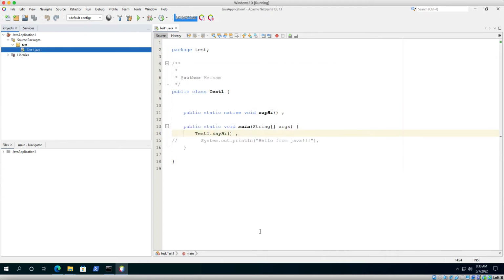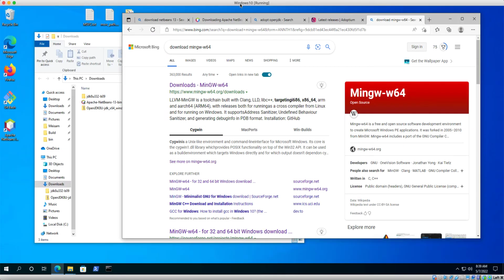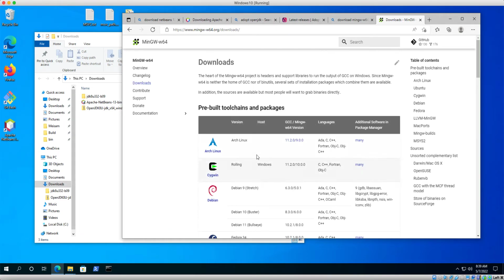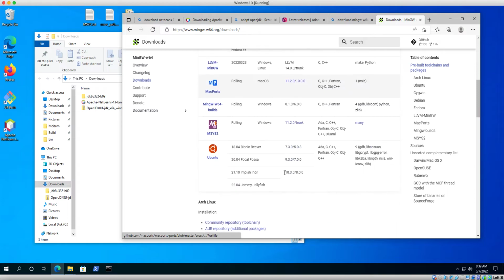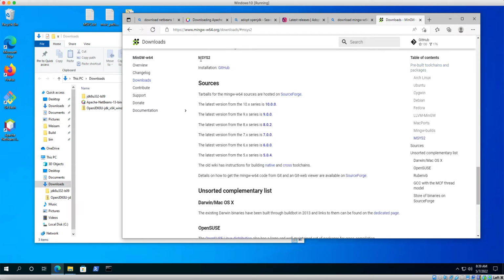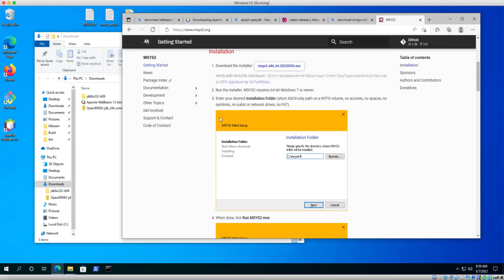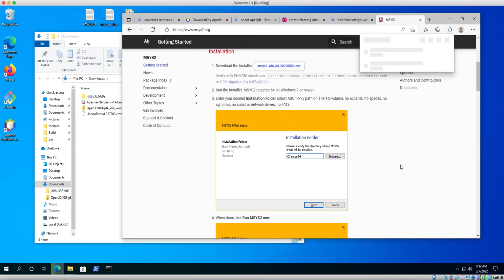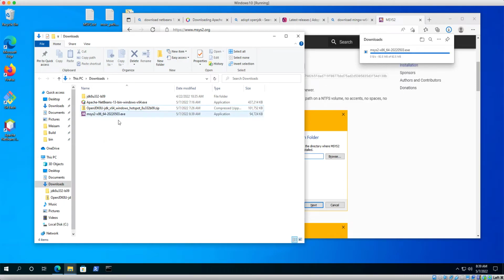So what I'm going to do, I'm going to cancel this, go back, and then we search for download MinGW 64, and then the first link, and then you have options on how to install it. I'm going to use MSYS or MSYS2, and then we're going to go to installation on GitHub, and it has very straightforward installation. So you have to install this executable. So we're going to download this MSYS2 x86-64, and then after the download finishes, we're going to run the executable file,